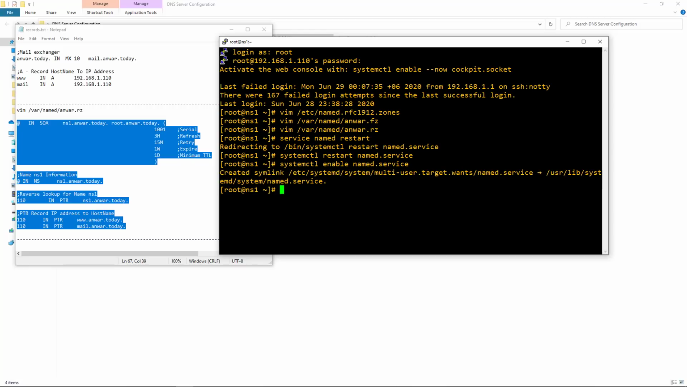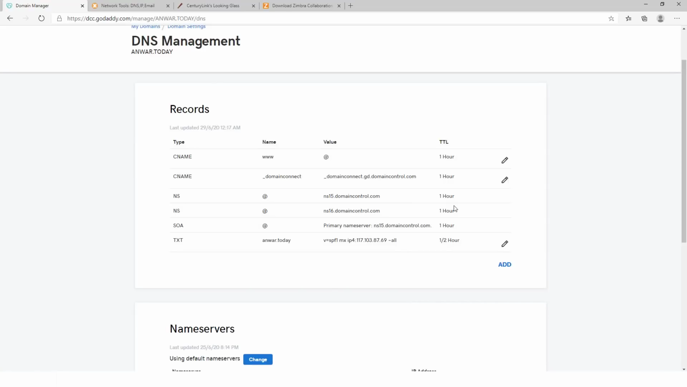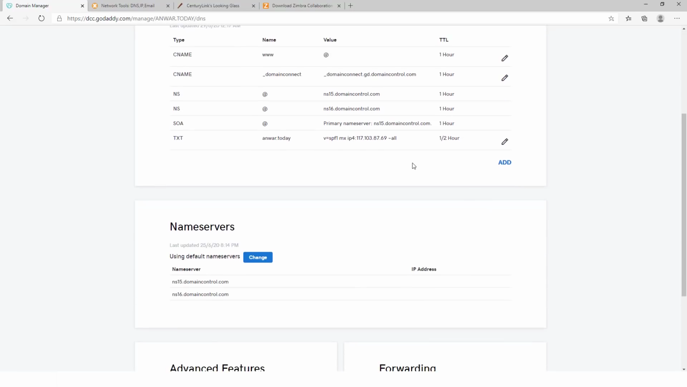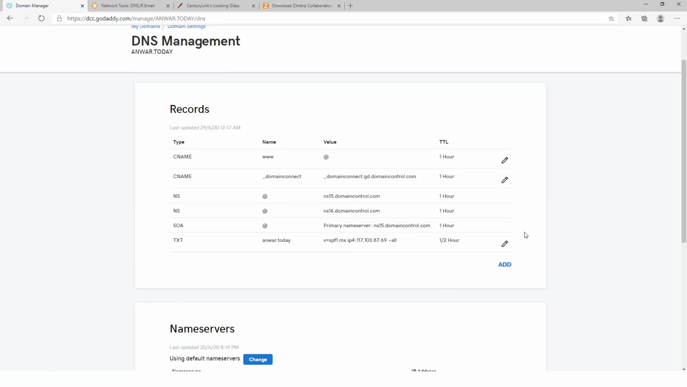As my domain was purchased from GoDaddy, I will add the DNS records in the GoDaddy DNS server. So let's log into GoDaddy. Here we can see that my domain name is anwar.today. Let's go to the DNS settings. First, we have to create our A record and then the MX record. Let's create the A record. Click Add,